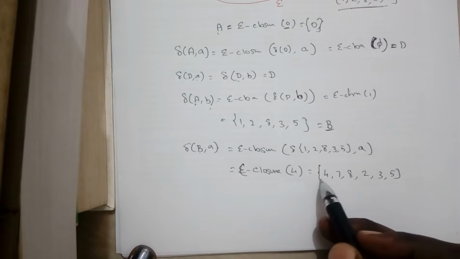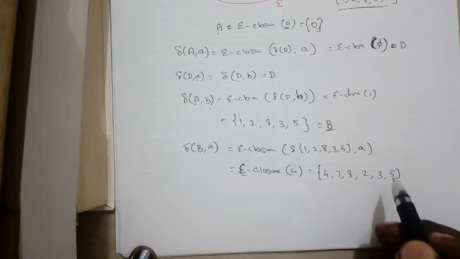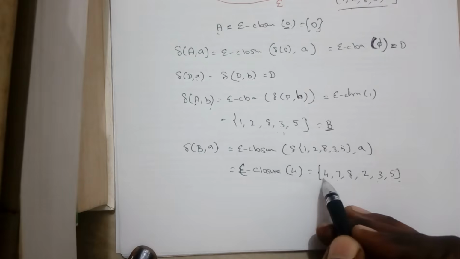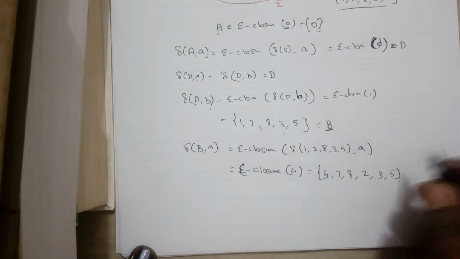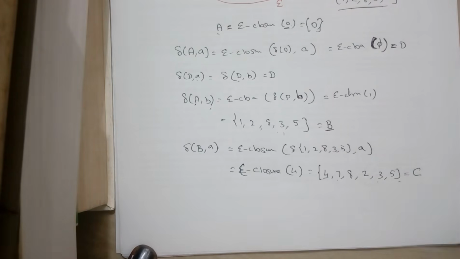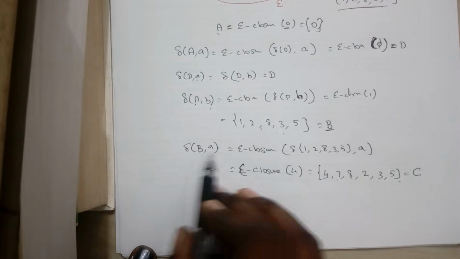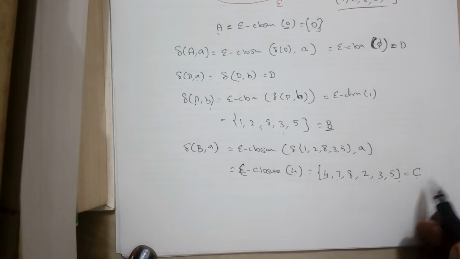Now when you get some subsets of epsilon in a way, we have to compare that with the existing set. So these two are different, right? Here we have 4 and that is not there in this place. In this case we have to rename this set using a new name. Now that will be C. And similarly we have to find the transition for B on B, C on A and C on B.